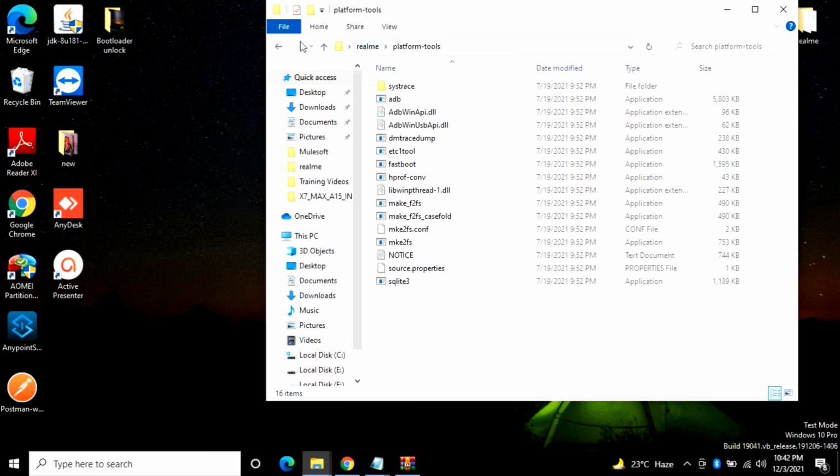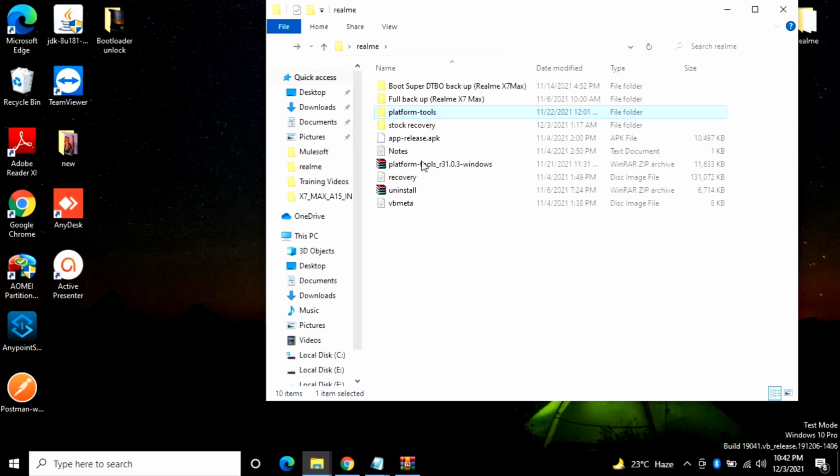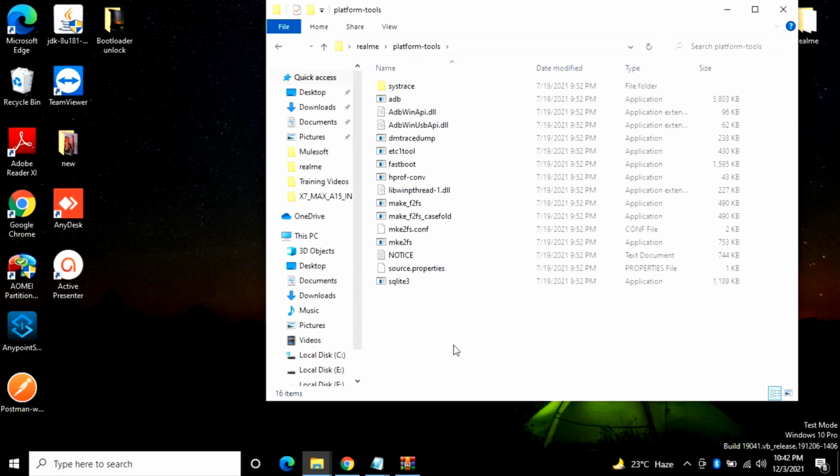First of all, you just need to open the platform tools here. Just extract this and use the platform tools, and now you just need to connect your mobile phone to the PC. So let me just do one thing, friends. I will just connect my mobile phone to the PC, and as you can see, I'm connecting my mobile phone to the PC here, and we just need to do one thing.